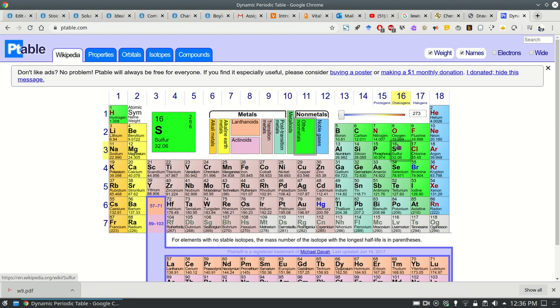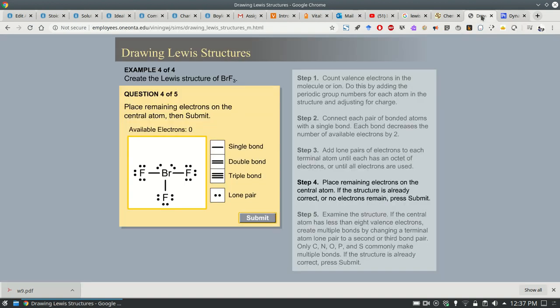The most common that you'll see is sulfur. So SF6 is a molecule, sulfur hexafluoride. So that's with 12 valence electrons on that central sulfur. But it's not necessary for our class right now, just to let you know that is something that happens out there in the wild world of atoms and molecules. Now, when I submit this, and it says correct,